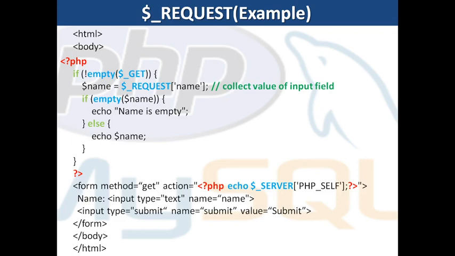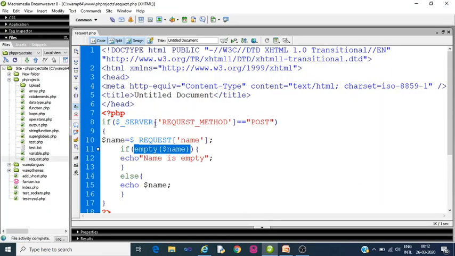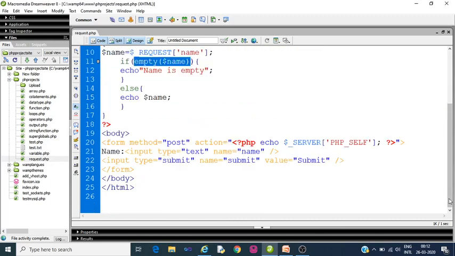The $_REQUEST also processes the form data, or contains form data, if the method used is GET. So let us take it again using the GET method. Here we'll change the method, just simple. Here we'll change the method to GET, and